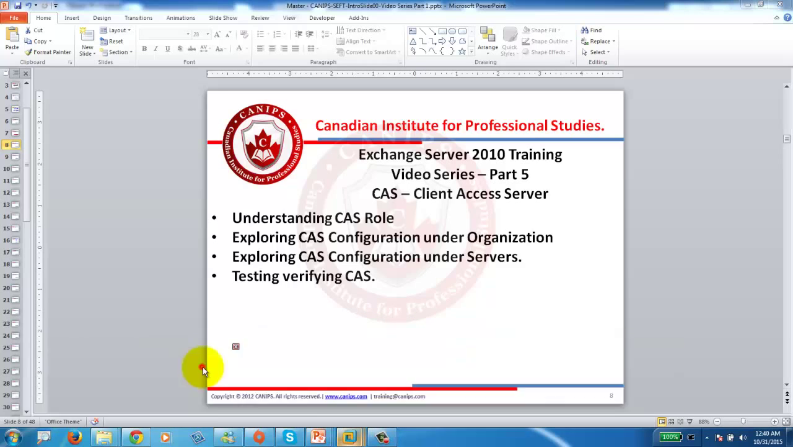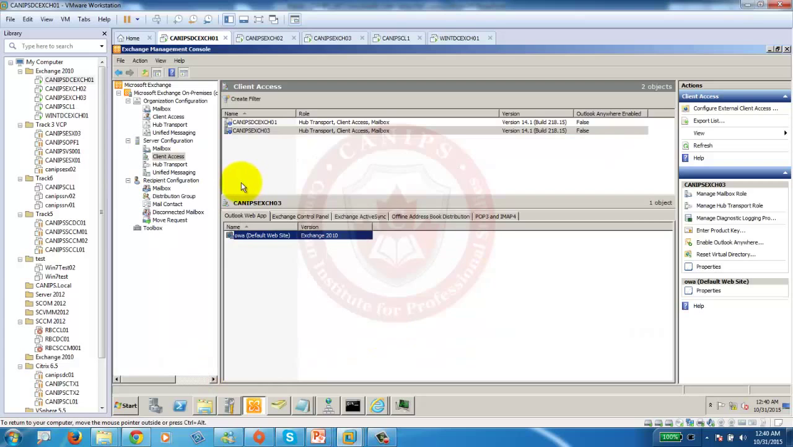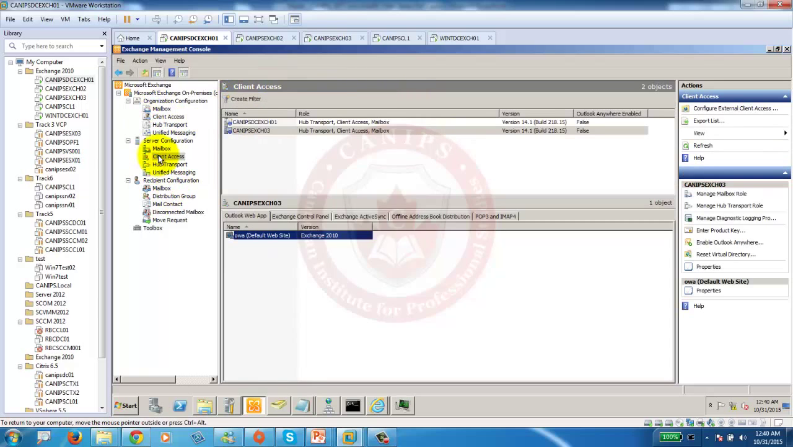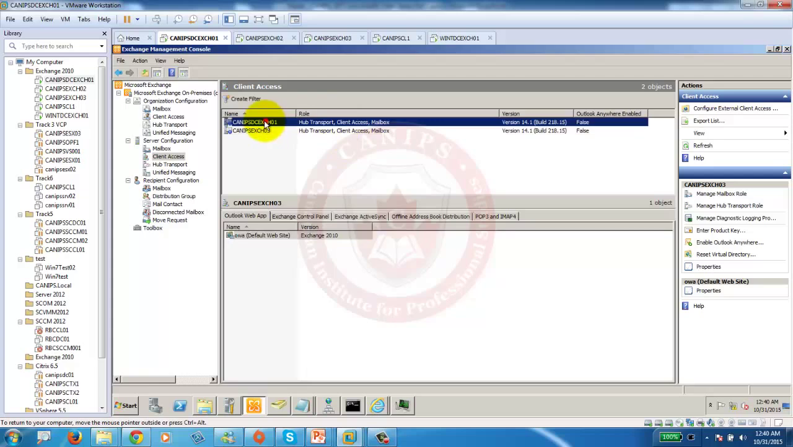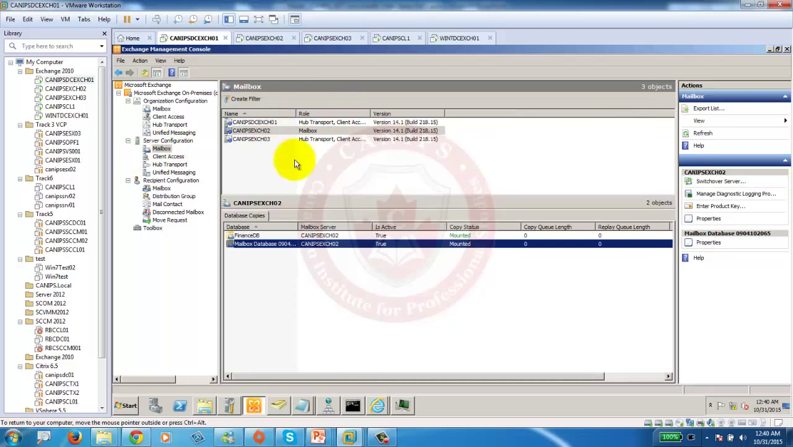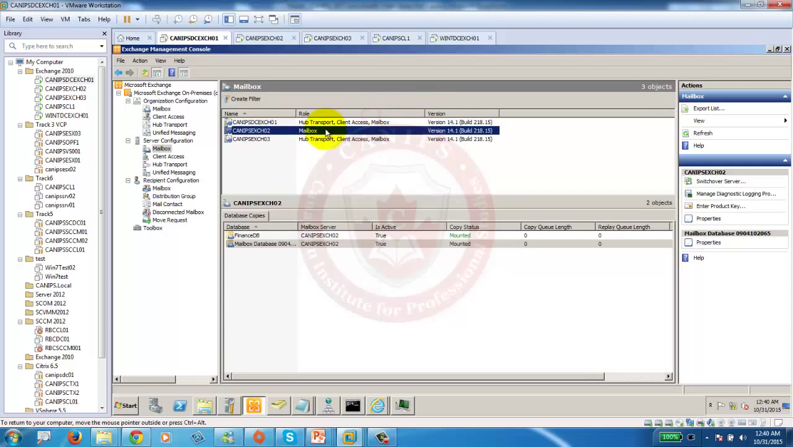Let's get started. In the previous video we saw CAS under organization. There are two policies for this. Then there is CAS under servers. In CAS under servers, first of all, it shows the servers that have the CAS role. So two servers have the CAS role here, and if you need to see how many mailbox servers we have, you can go here. It shows you the mailbox server role,